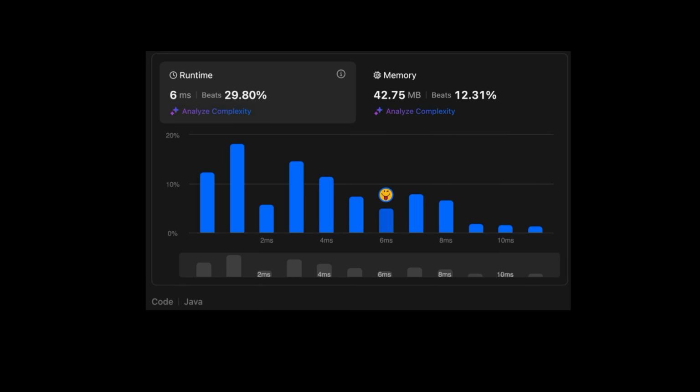This code, when submitted on LeetCode, beats nearly 30% of the submissions in terms of runtime and 12% in terms